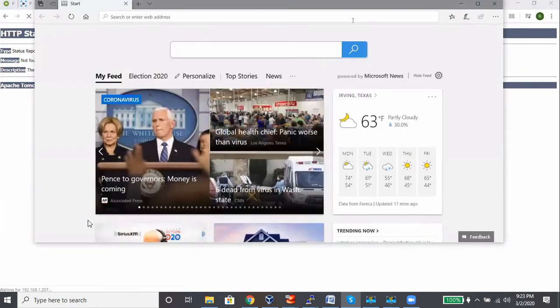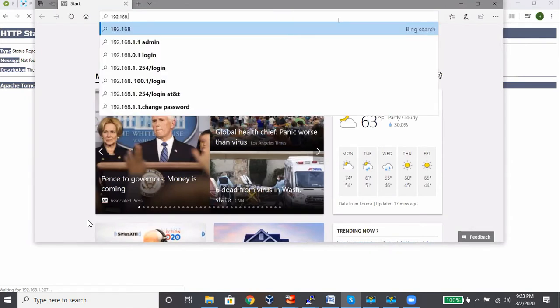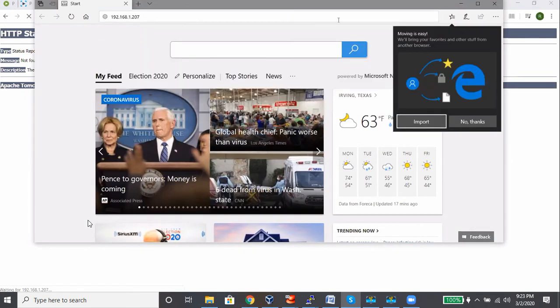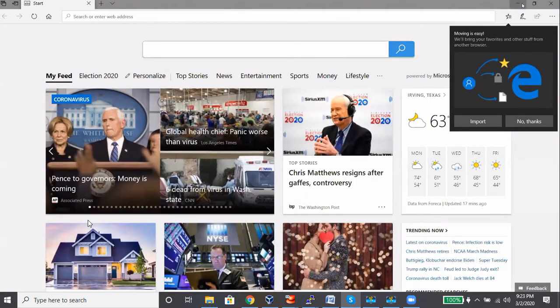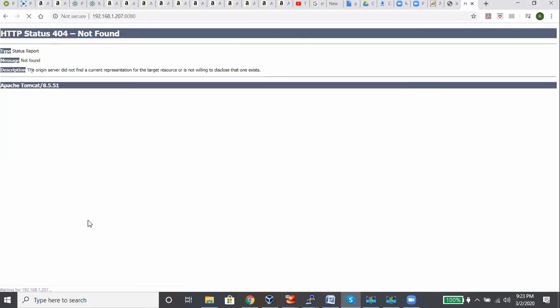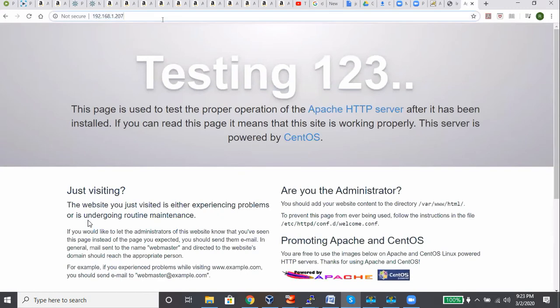Sometimes we even have some cache problem also. 192.168.1.207. The origin server did not find a current representation for the target resource or is not willing to disclose. This is working fine.